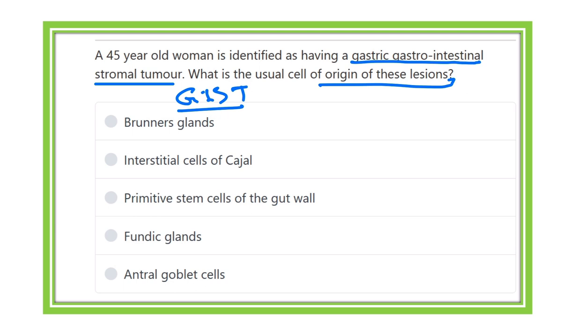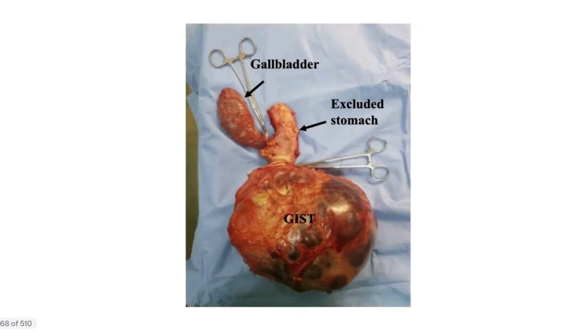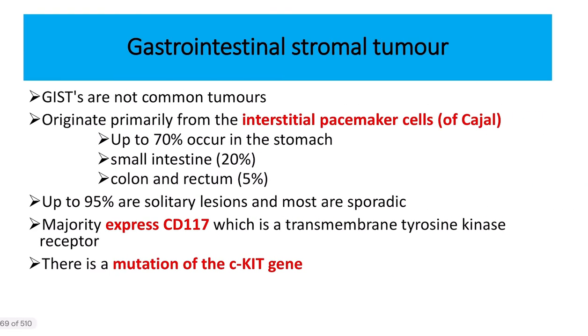Here the options are the Brunner cells, interstitial cells of Kajal, primitive stem cell of the gut wall, fundic gland, and antral goblet polyp. Here we can see this is a GIST, the gastrointestinal stromal tumor, which commonly arises from the stomach. Here we can see the excised stomach with the gallbladder. And the gastrointestinal stromal tumor is not a common tumor in the gastrointestinal tract. In the gastrointestinal tract, the most common tumor is the